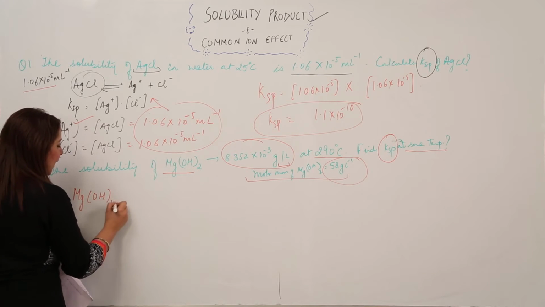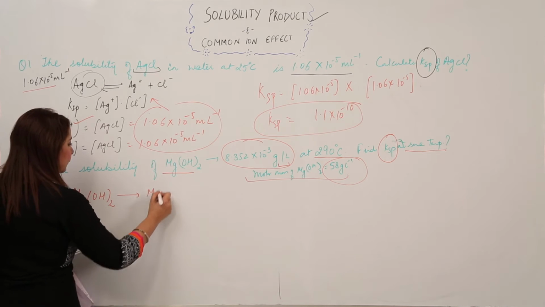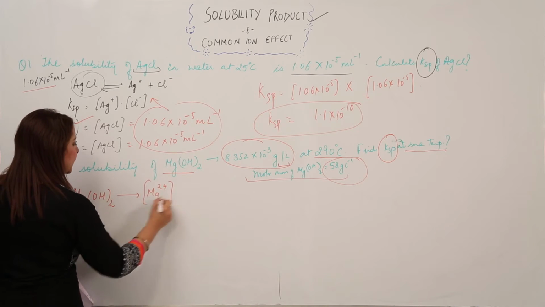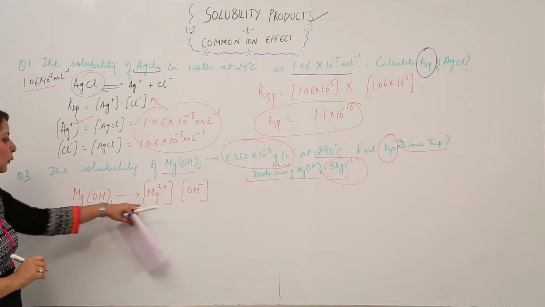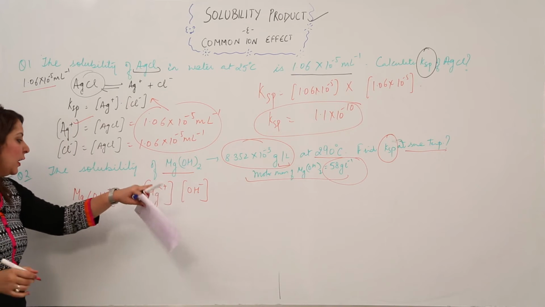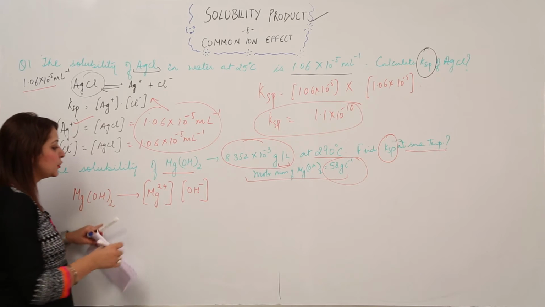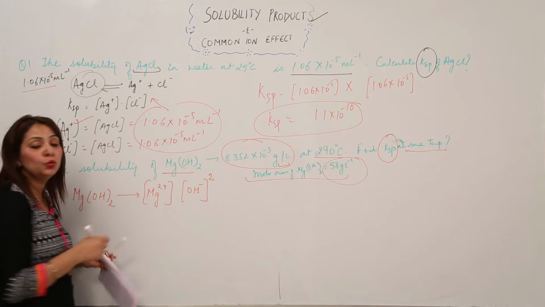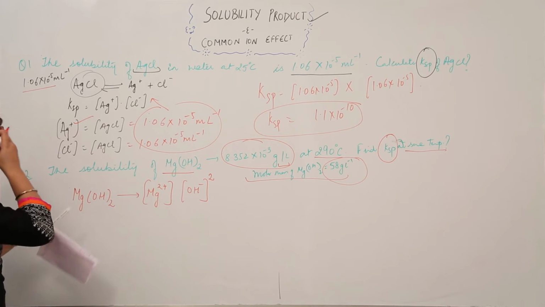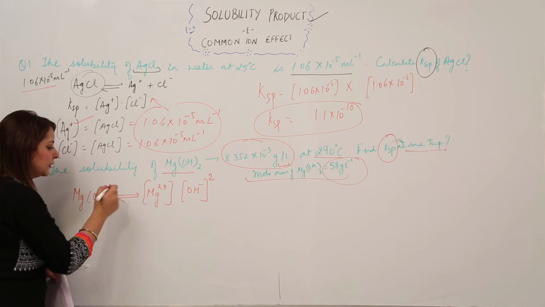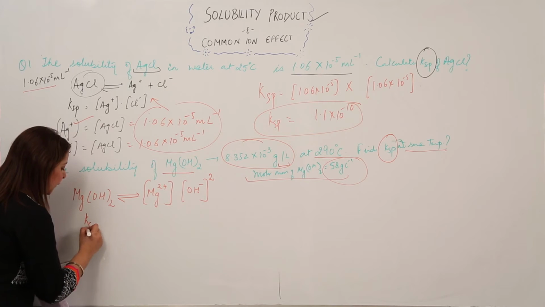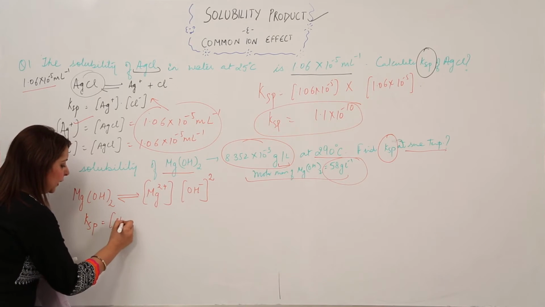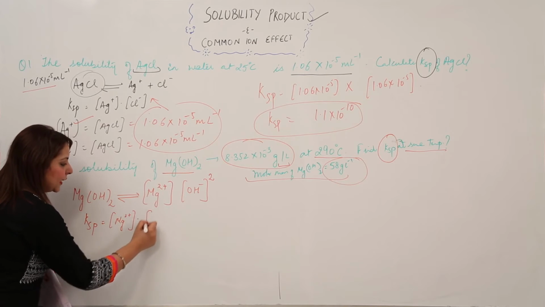So this magnesium hydroxide gets dissociated to form Mg2+ and OH-, right? How many Mg? 1. So there is no need to put any power to it, but OH is 2, so we need to put this 2 here, right? So that means this is now the expression for the dynamic equilibrium, and now we are writing the expression for Ksp. So again it comes out to be [Mg2+]. You know how to write it,